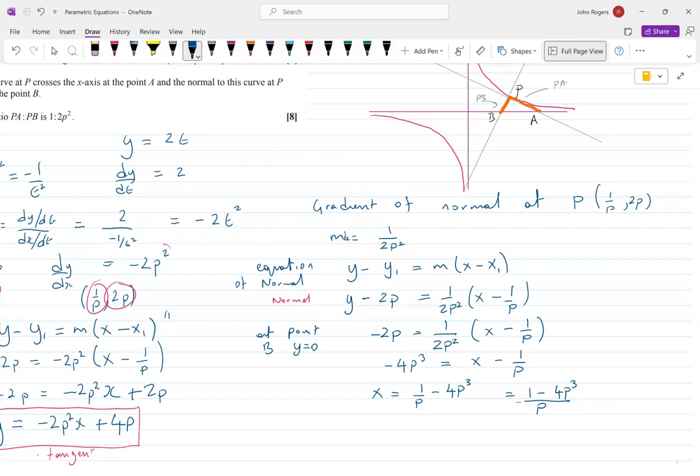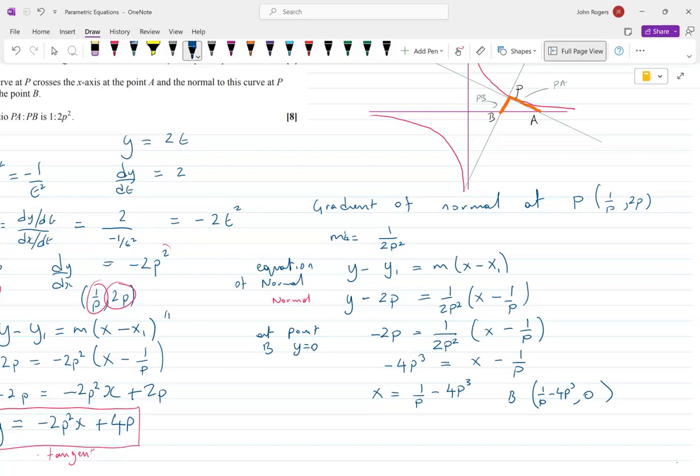Okay. Do I need to? Well, it doesn't matter. I can use either form in a moment. So that gives us a coordinate of 1 over p. If I'm thinking about it, I'm thinking the original might be more useful here. Doesn't matter. So we got the coordinate of B is 1 over p minus 4p cubed, 0, because it's meeting